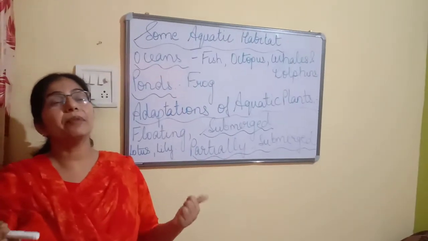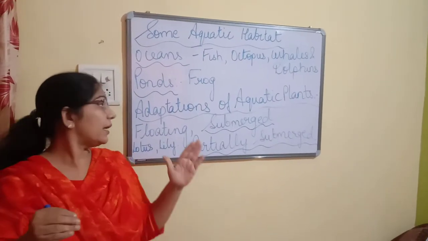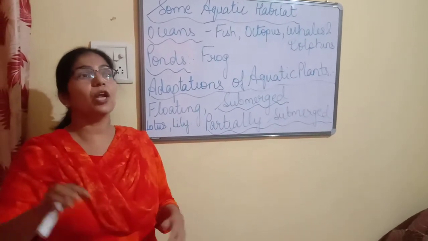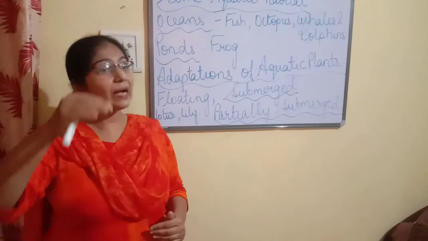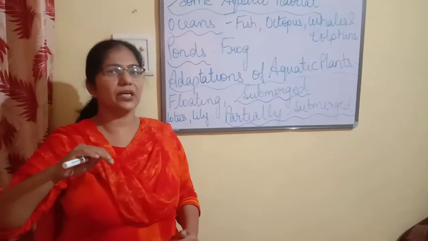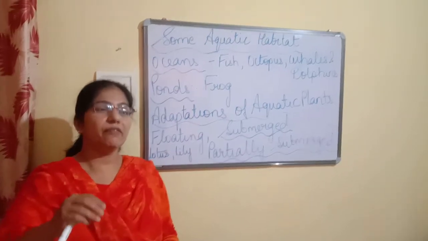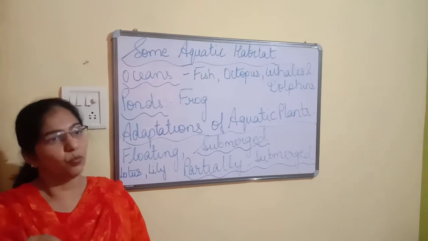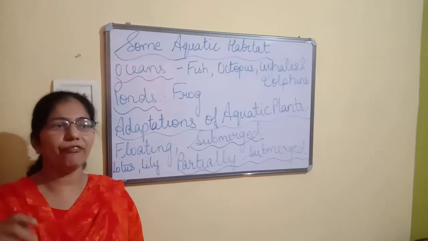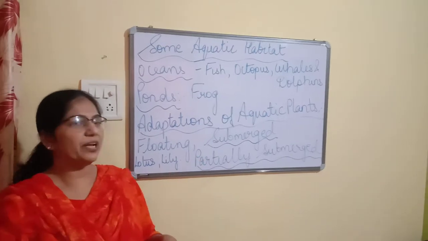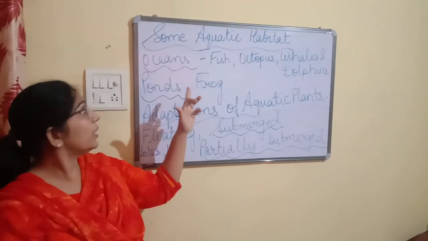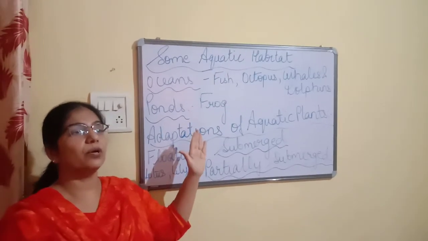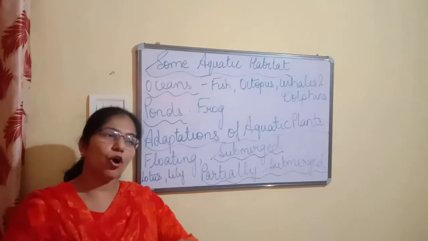Lastly, we come to the adaptation of the leaves. How are the leaves adapted or modified in the aquatic plants? The leaves are long, ribbon shaped, children. Some plants are completely submerged under water. So these leaves are long, ribbon shaped, so that they can withstand the water currents or the flow of water. So these are the adaptations that we have studied, children, today in the aquatic habitat, that is in the living organisms that are found in water, be it plant or animals.